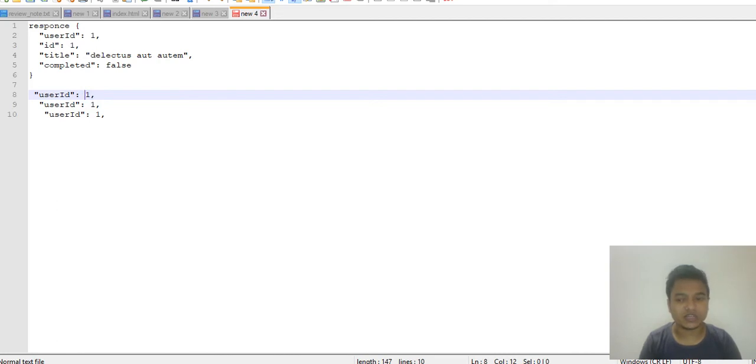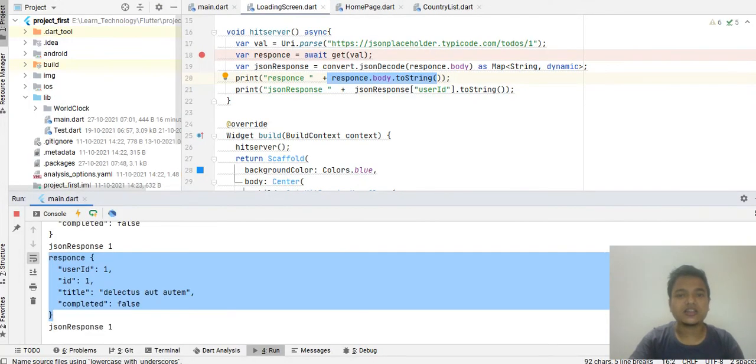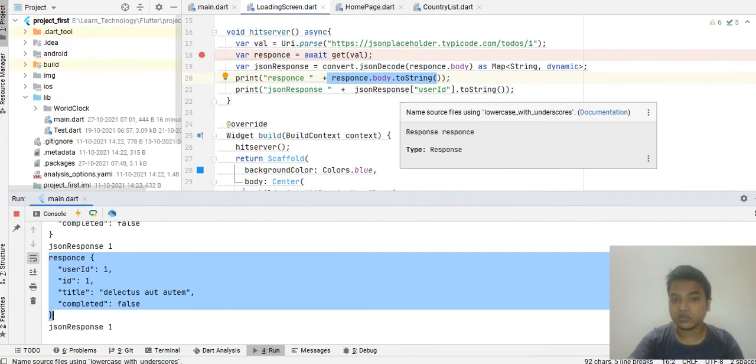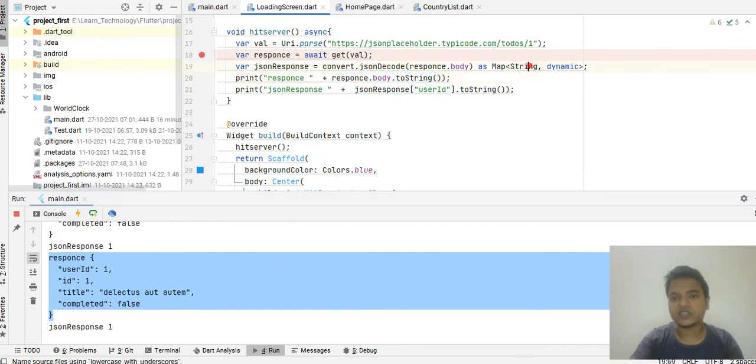We can do everything, but the problem is that we have to write a long operation, a long algorithm for it. But why waste time? We just need to use a converter package that converts your string into a well-mapped format with a string as a key. Once you convert your response into a map, you can get the data back with the help of that key. So that's so simple.